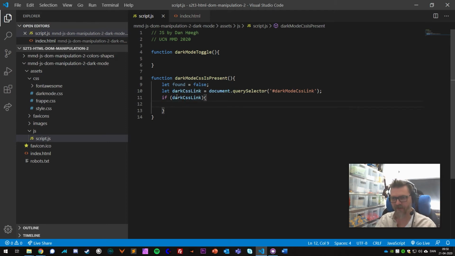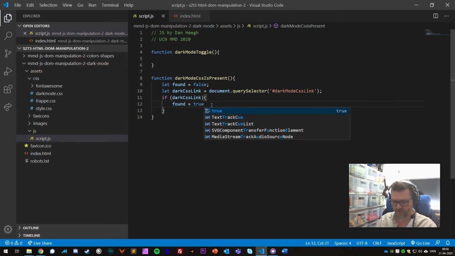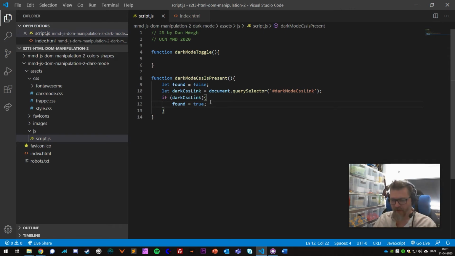So if it's found, if it's true, then we can set our found variable, the boolean up here, to true, which means, hey, we actually found the style sheet in the DOM. And since it was false to begin with, found equals false. That's our default. We leave it at that, and then we check if the element is present. If the element is present, then we'll set it to true. And now all we need to do is to return